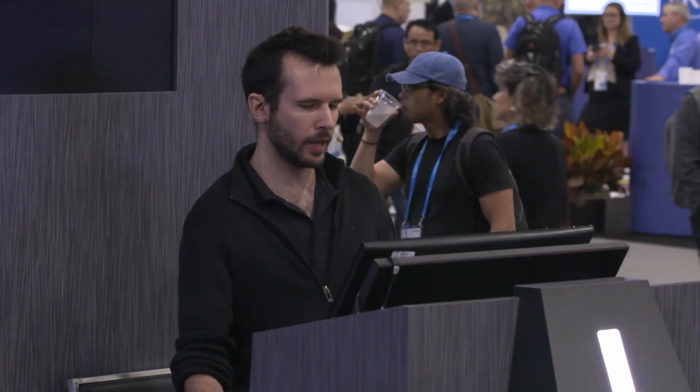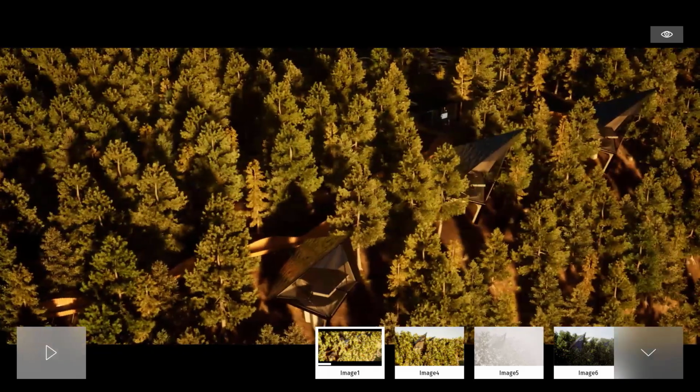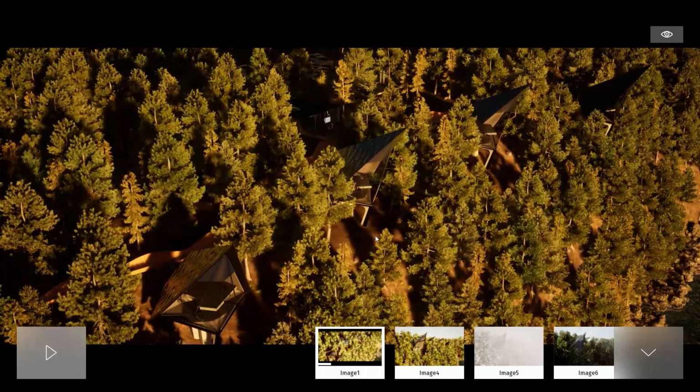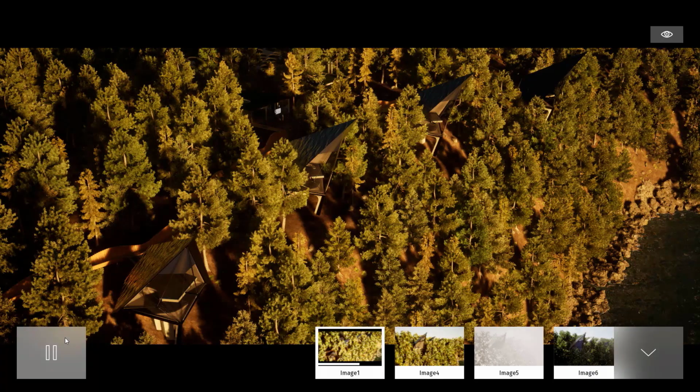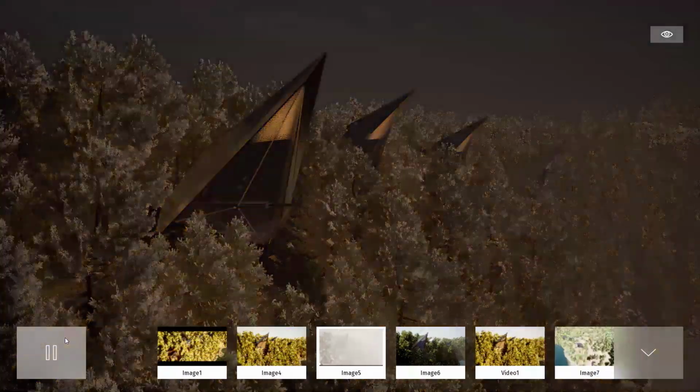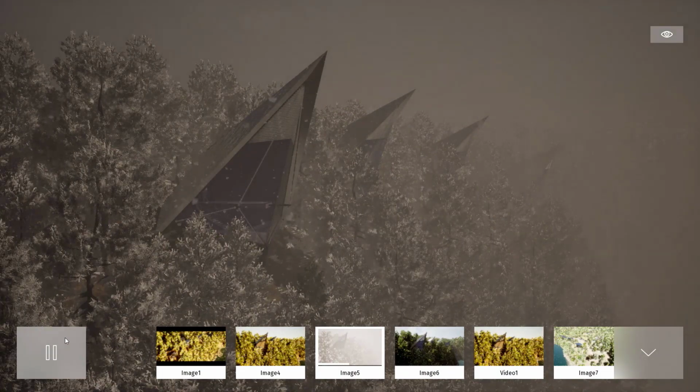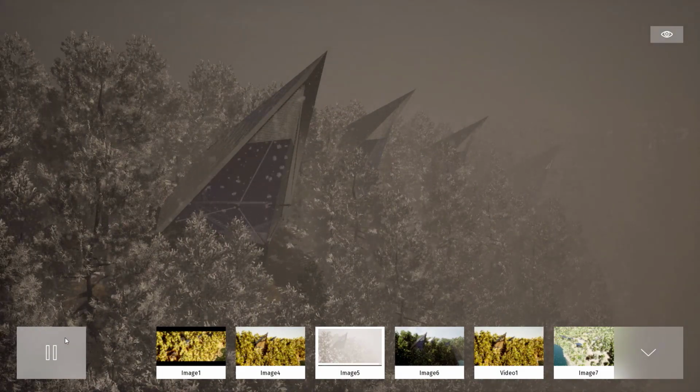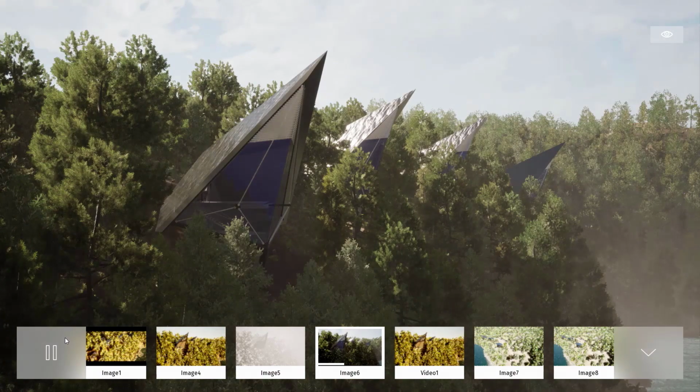The presentation could be open, it could be free. That means that the user can either play the presentation or he can just navigate wherever he wants. But the presentation can be also in a locked state. That means that you will define specific points of view and the user will just be able to follow the points of view you have set up in your presentation. And here I'm just basically switching to my different slides, similar to a PowerPoint. Here I have different variations of the same point of view and I'm switching from one to another. After that, I have my video that will start to play.